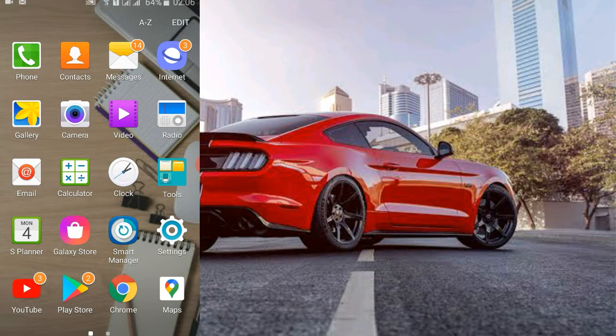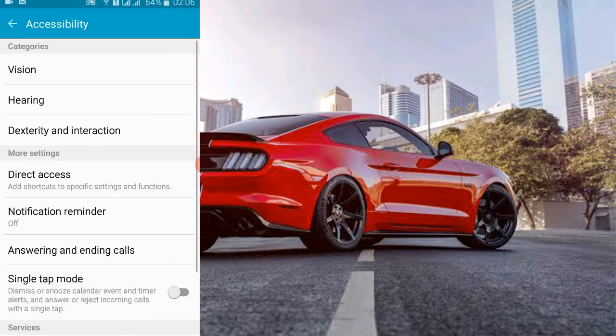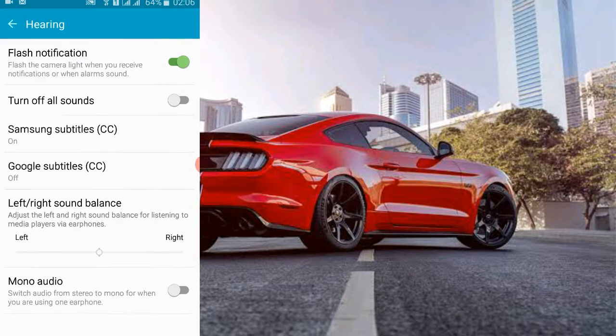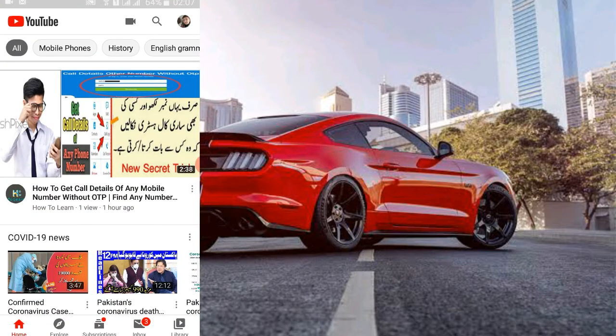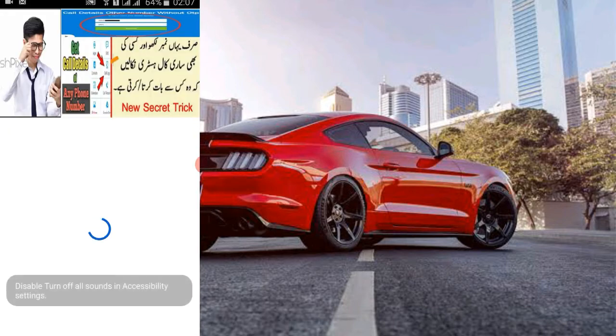we have to come to settings. After settings we have to come to accessibilities, then we will click hearing. If you turn off all sounds, you will be unable to listen to any video sound, any screen sound, anything. If somebody calls, you cannot listen. By the hands-free you cannot listen. You can see here,